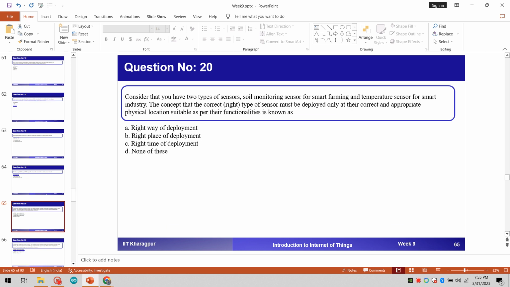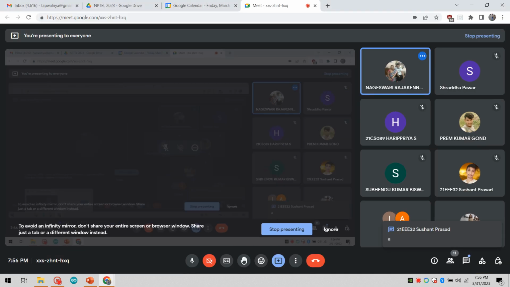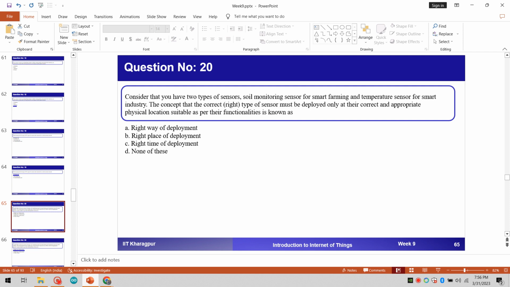Next question is, consider that you have two types of sensor: soil monitoring sensor for smart farming and temperature sensor for smart industry. The concept that correct type of sensor must be deployed only at their correct and appropriate physical location suitable as per their functionalities is known as right way of deployment, right place of deployment, right time of deployment, none of these. A, right way of deployment. Anyone else? Deployment of sensors at appropriate physical location. So the correct option for this is right place of deployment, because it is asked that where exactly to deploy